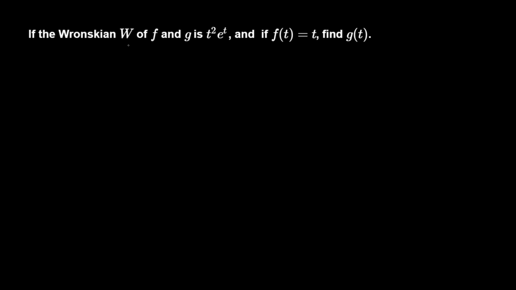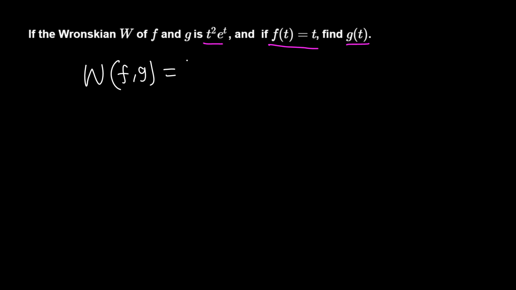If the Wronskian W of f and g is t squared e^t, the Wronskian is given, and if f is t, one of the functions is given, now we need to find the other function g, and we know that the Wronskian of two functions at any point